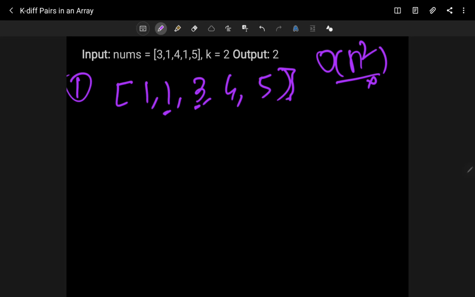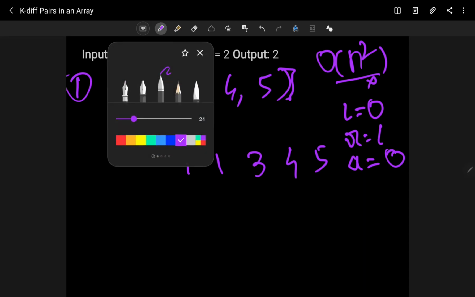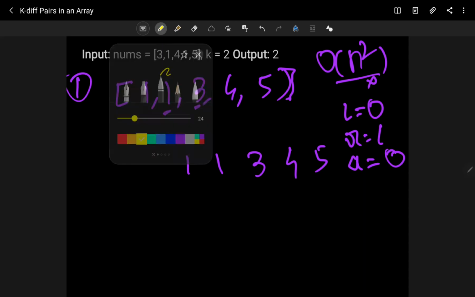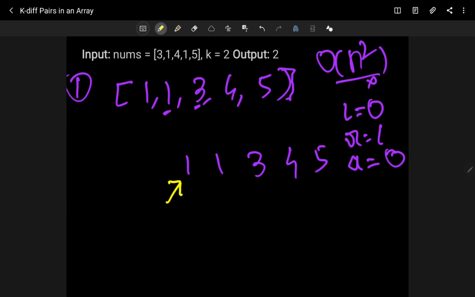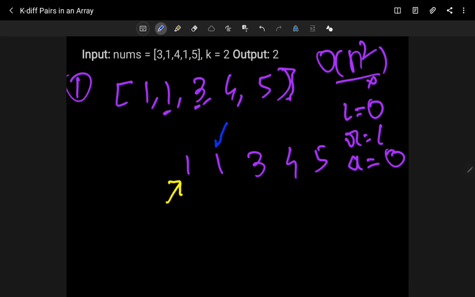So now the next step. I already sorted my array, and it will look like this. I will take three variables. One is the left counter, that will be initially 0. One will be the right counter, that will be 1, and another one will be the answer, where I am going to keep incrementing the total number of pairs I find in the given array. So now how can we solve it? As I told you, I am going to take two counters. Suppose this is our left counter, and let's take another counter. This is our right counter.